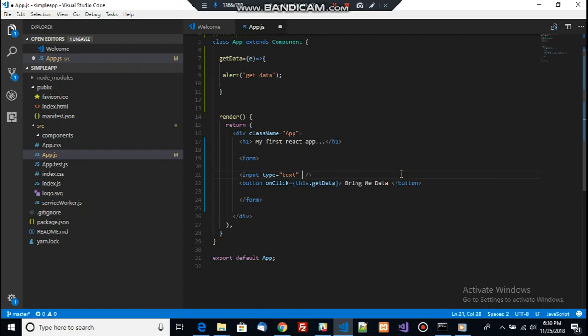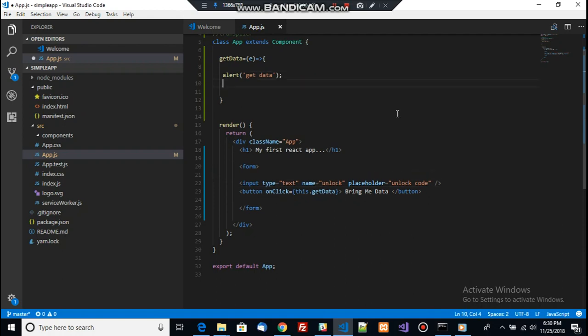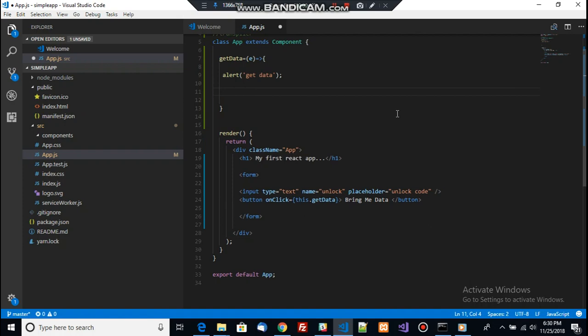My input field name equals, let's say, unlock, and let's give a placeholder, unlock code. Okay. Now what I need is to get the value of this input control inside this method. How I'm going to do that is